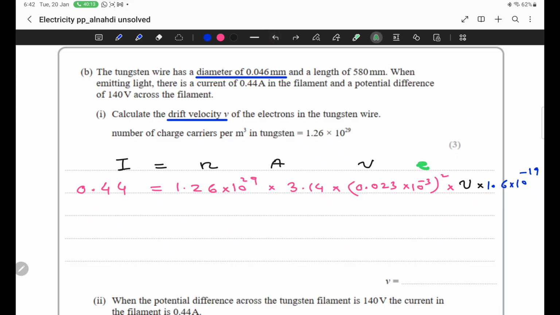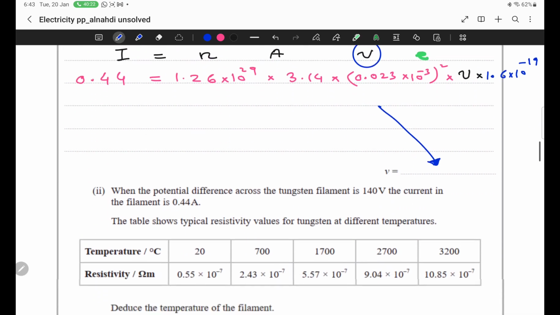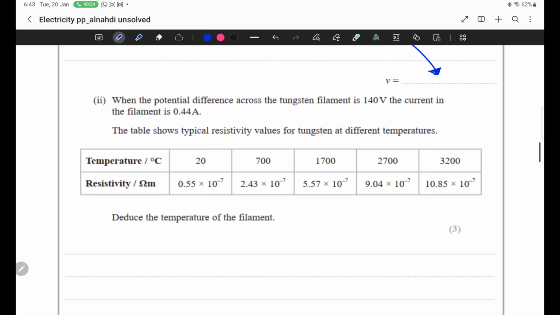So now you can calculate v. I am not wasting your time. By using a calculator, you can calculate v. Okay, so I am moving forward. The next part is, sir, when the PD is 140 volt, the current is 0.44 ampere. And now they are asking,